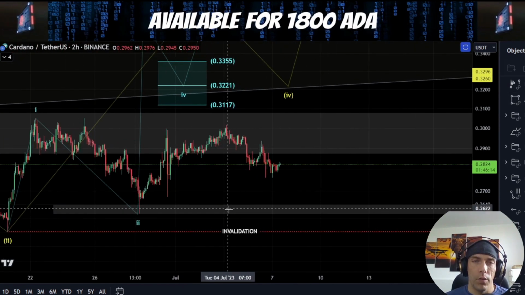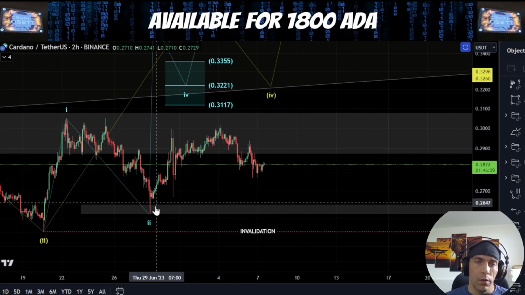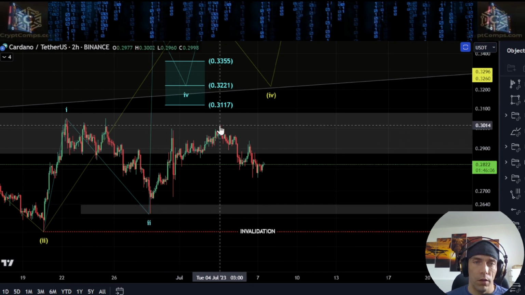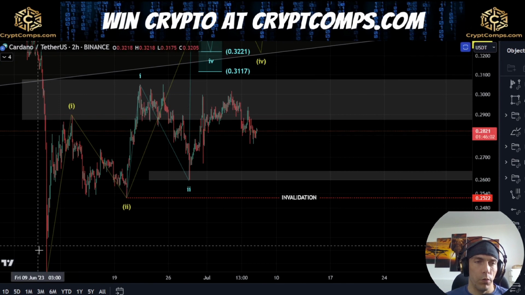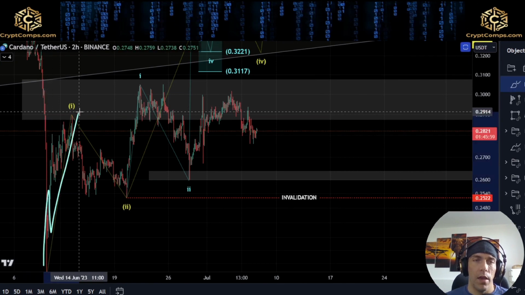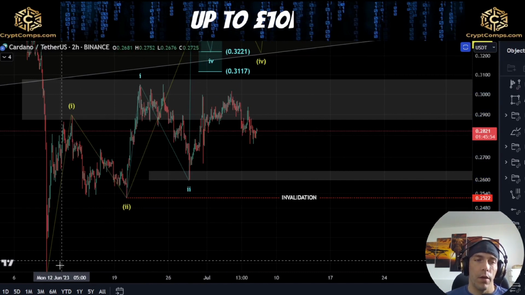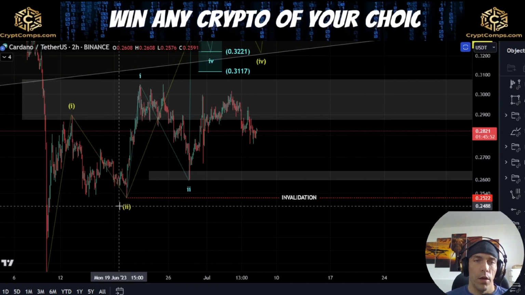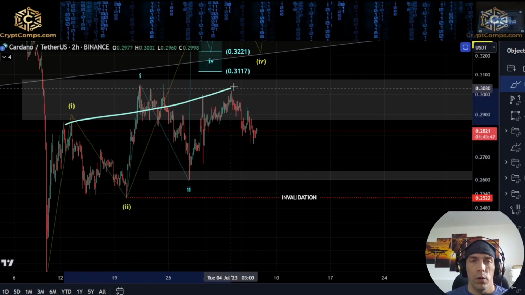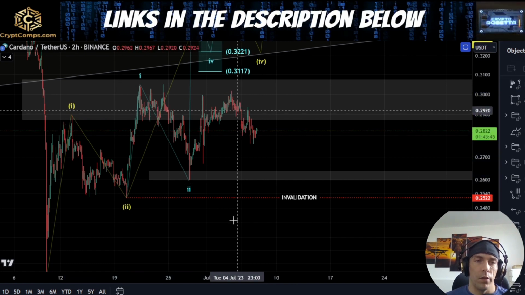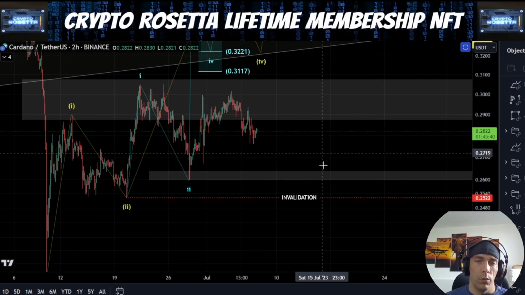Now, the problem that I have with this count is, unless we're looking at some kind of a diagonal within this, it doesn't really work that well as counting it as a wave 1. It is possible that within this we could argue that we have something like this as A, B, C for 1, this is 2, 3, 4, and 5, in which case we have something like a diagonal, where this move here we'd subdivide in the middle as A, B, C, in which case this whole structure could be a wave 1 as a diagonal, and then we could be looking for this as A, B, and then we get a C wave, or 1, 2, and then 3